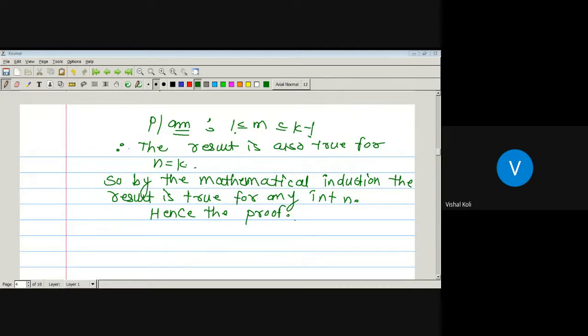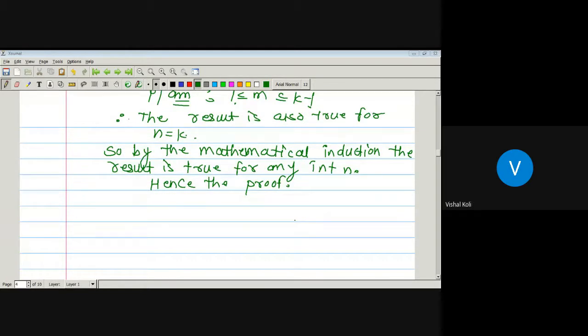Now there is one corollary depending on this theorem. Here we have taken a1 a2 up to so on an as arbitrary integers, that is, they are either prime or composite, or some are primes and some are composite. But suppose a1 a2 up to so on an are all prime numbers, then what is the relation between that prime number p and the product of all these prime numbers? So let us see the statement of the corollary.